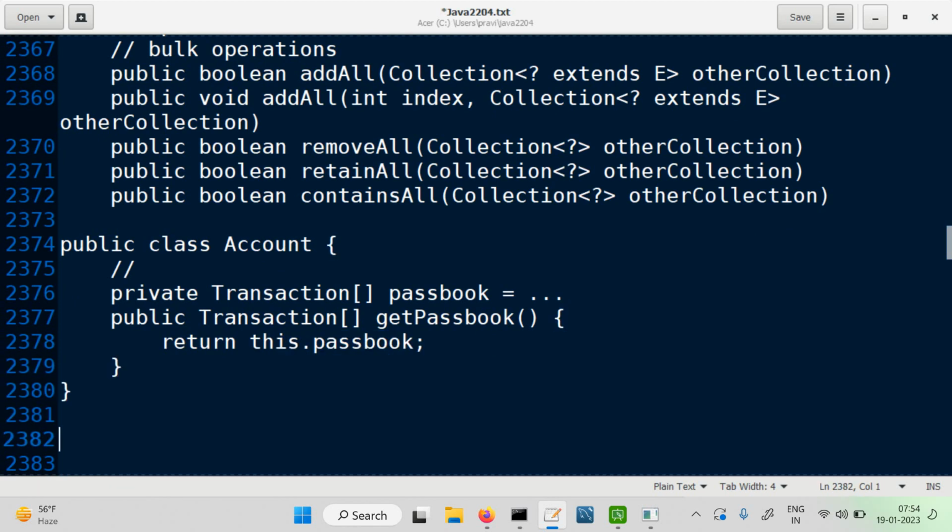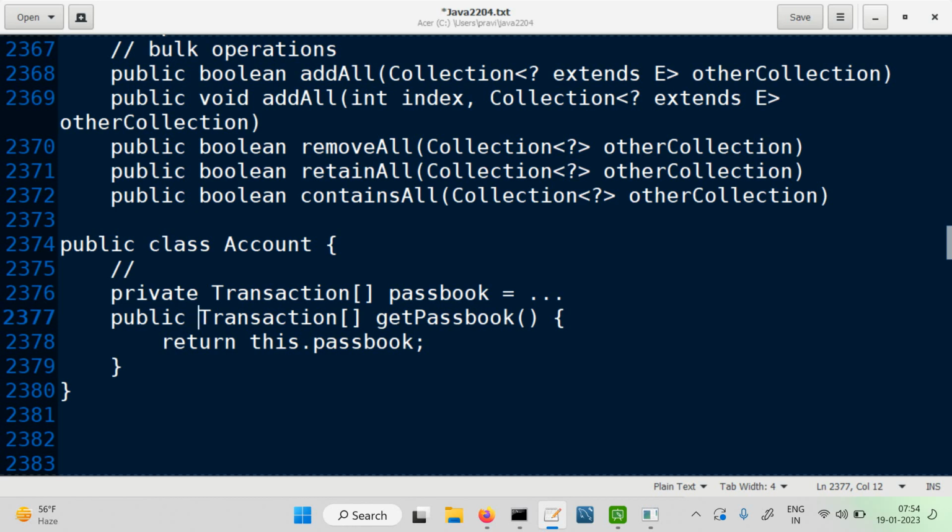Why? If you're always returning this object, then why not someone put a public itself here, right? There's no difference then. You're returning the object